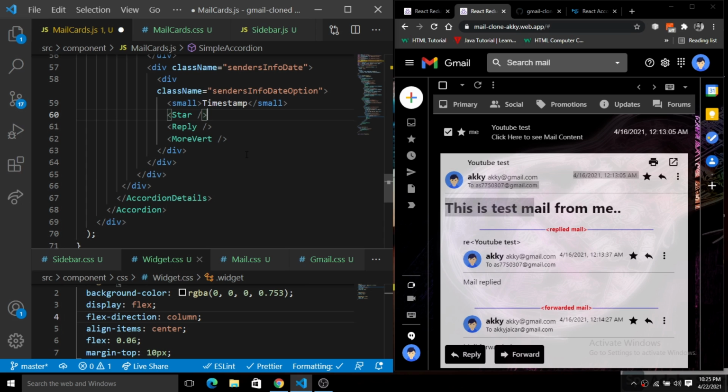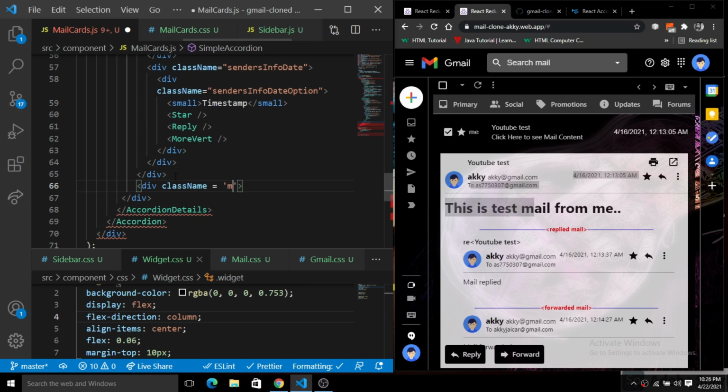We are done with everything, and the last thing that we have to add is the content. So let's create another div for the content here. So div, just give the class name, and here we will simply give the mail content. Just close this div, and inside of this let's create another div.